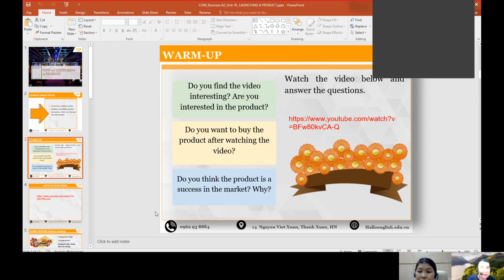In order to launch a product, we should remember many things, right? Of course, we want to launch a product that is interesting to the audience, just like what we watched last time. So we knew we have two products that we just knew, right? So what are those? It's the Pringles and then the Red Bull, and the others we don't know.